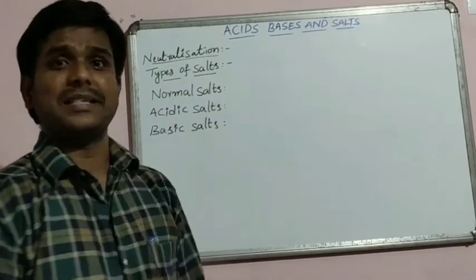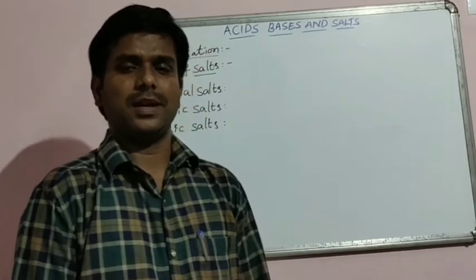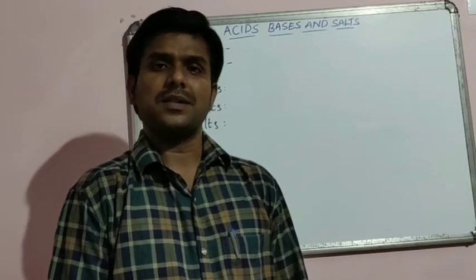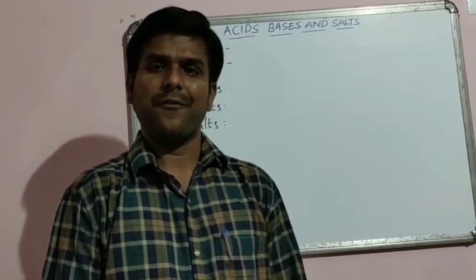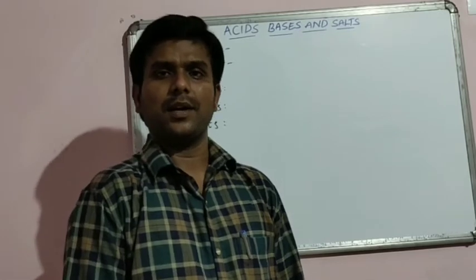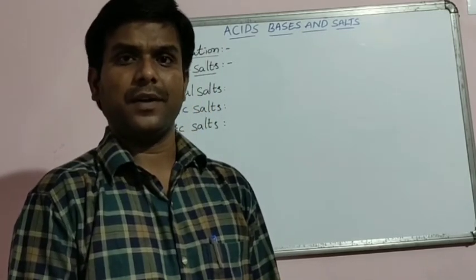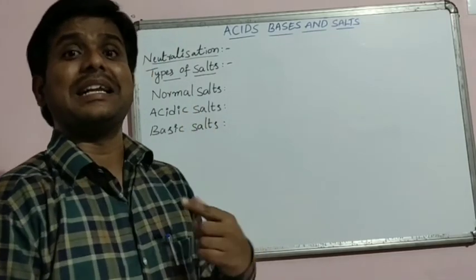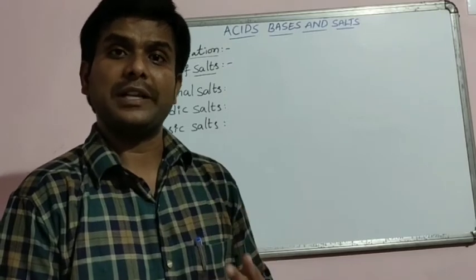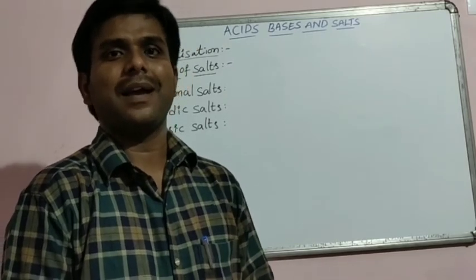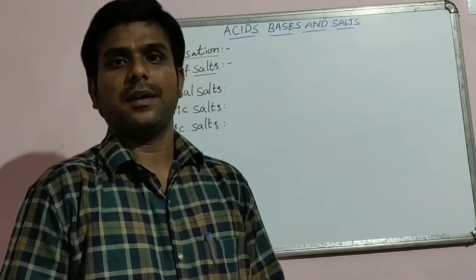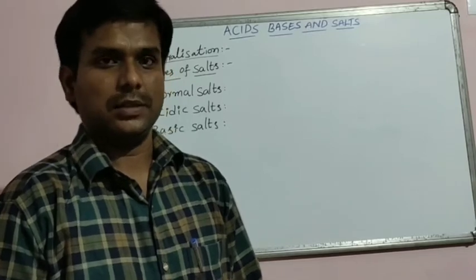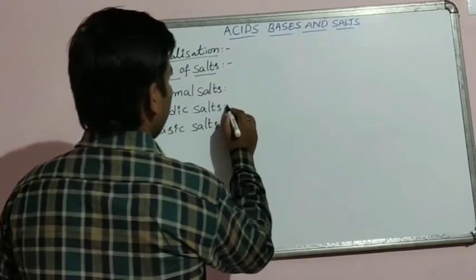What is acidic salt? Acidic salt is a salt formed by partial neutralization of the hydrogen ions of an acid with a metal ion of a base. Once again, partial replacement or partial neutralization of the hydrogen ions of an acid by a metal ion of a base forms an acidic salt. For example,